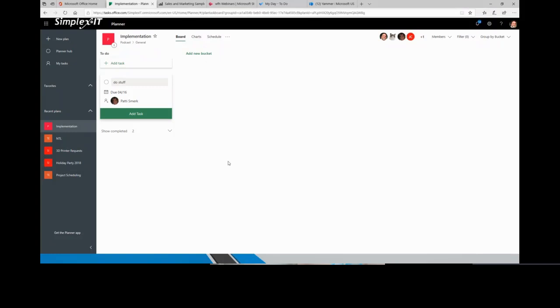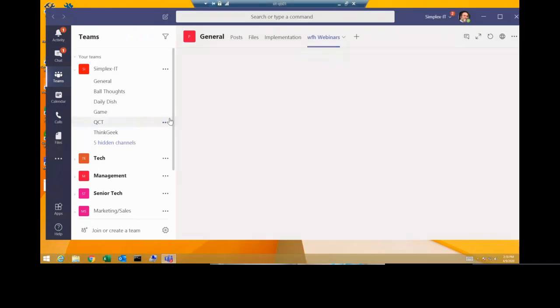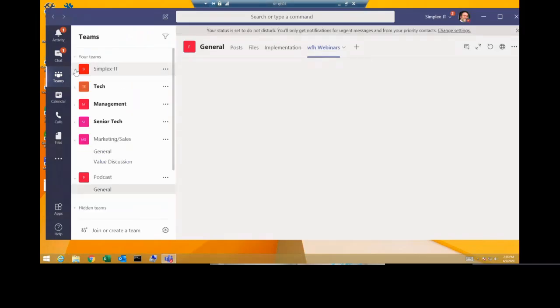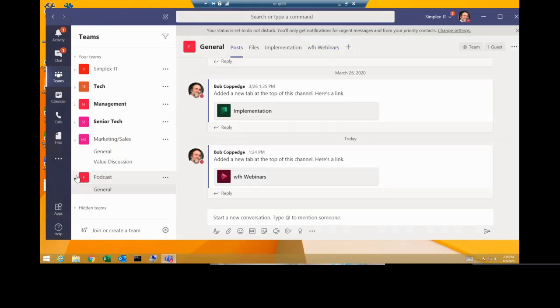And then you'll notice that this already has people there, and that's because if we look at Teams, and by the way, I still have problems with my camera because I'm doing an insider preview. I can go to the team, and because we were talking about doing a podcast, which it looks like we're going to be delaying for now, in the podcast team in Microsoft Teams, I added